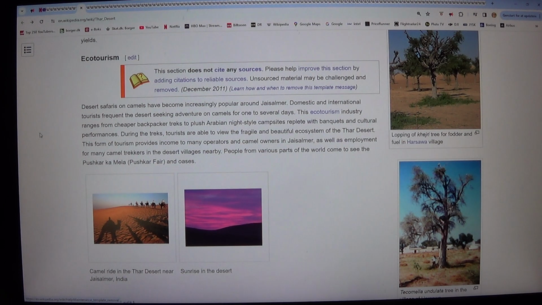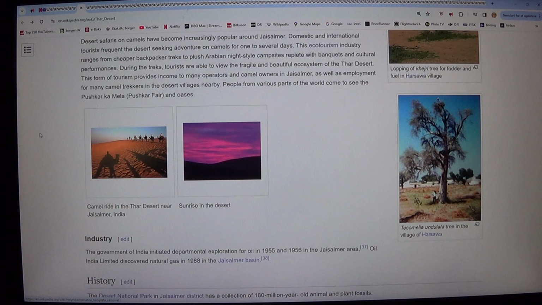During the treks, tourists are able to view the fragile and beautiful ecosystem of the Thar Desert. This form of tourism provides income to many operators and camel owners in Jaisalmer, as well as employment for many camel trekkers in the desert villages nearby. People from various parts of the world come to see the Pushkar Ka Mela, Pushkar Fair, and oases.